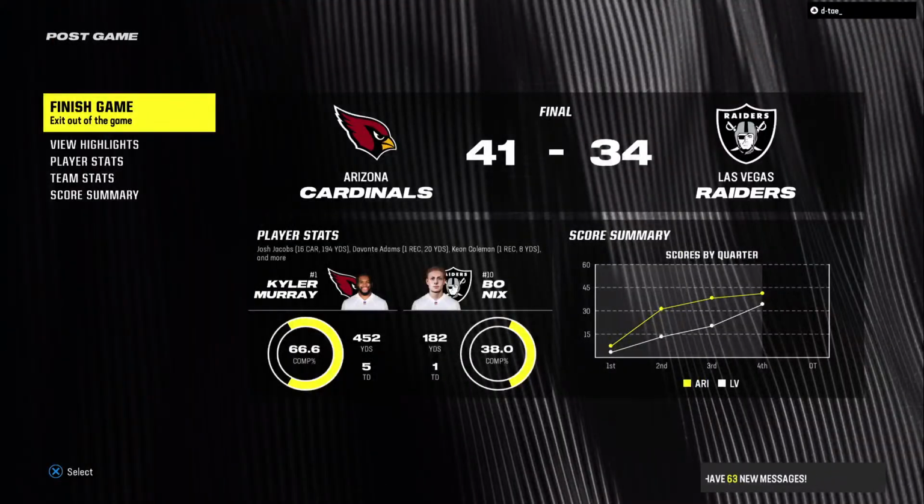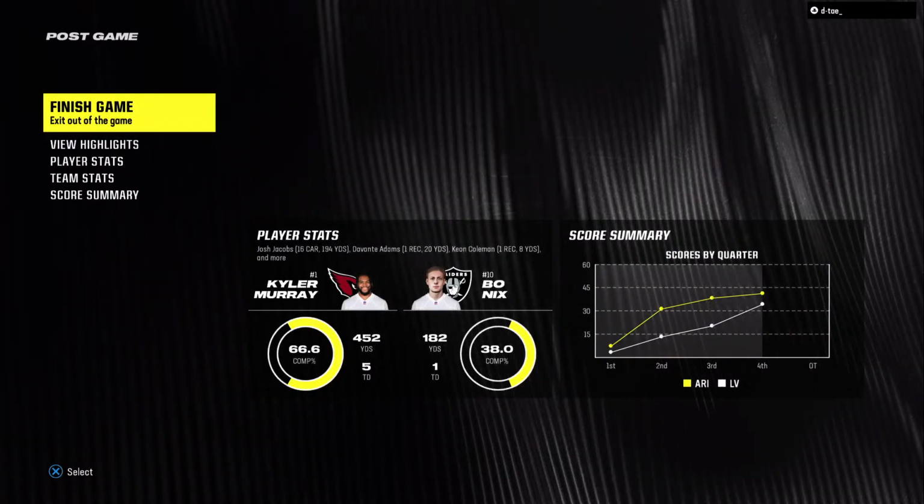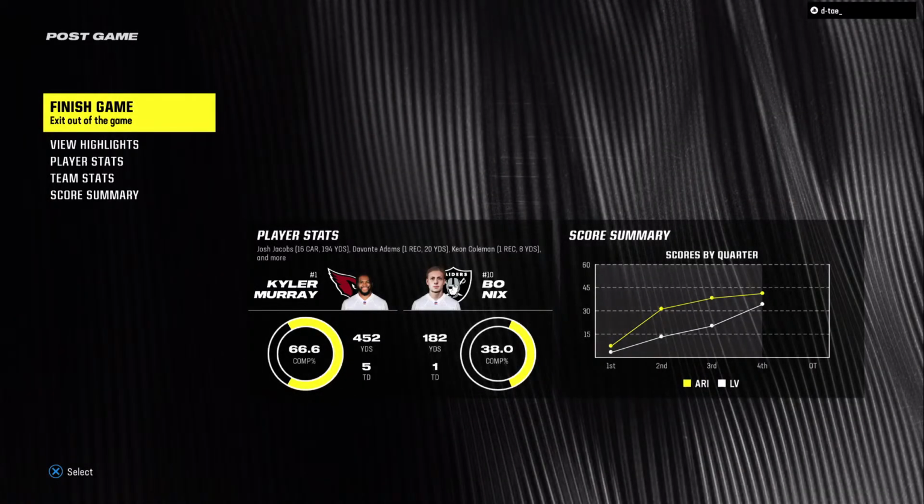So for the Cards, it's an ideal start as they move to 3-0 now on the young season. And they will head back home